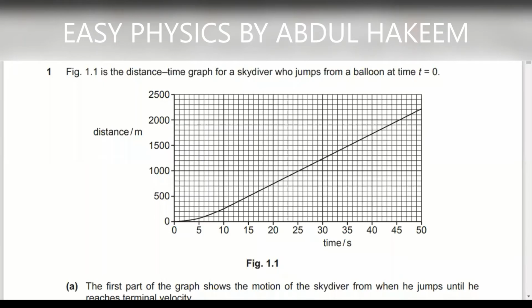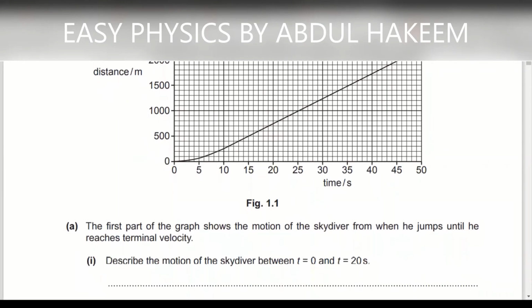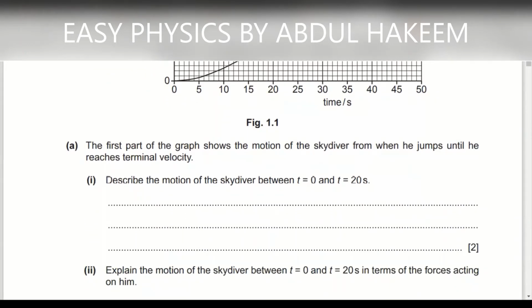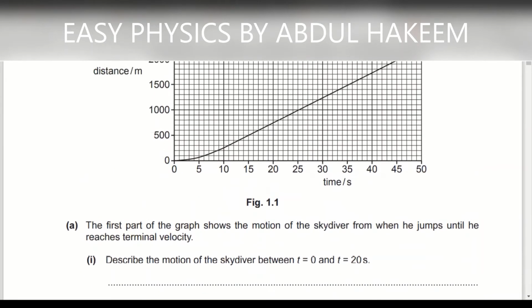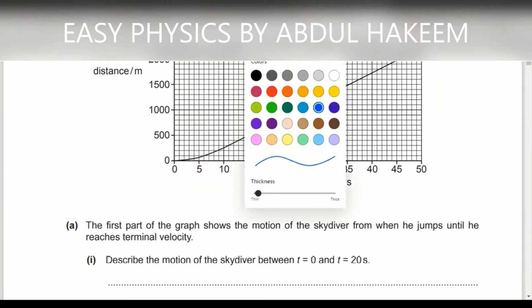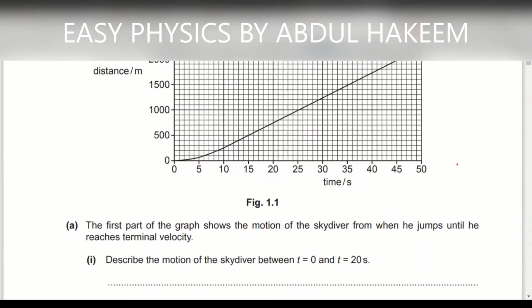Okay, another question. Figure 1.1 is the distance time graph of the skydiver who jumps from the balloon at time t0 second. So look at the graph. The first part of the graph shows the motion of the skydiver from when he jumps until he reaches the terminal velocity. Determine the motion of the skydiver between 0 to 20 seconds. Look. From 0 to 20,